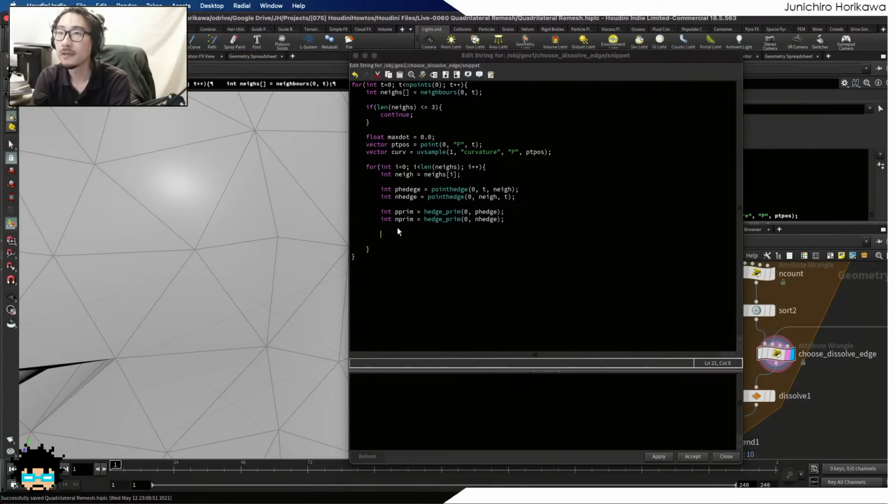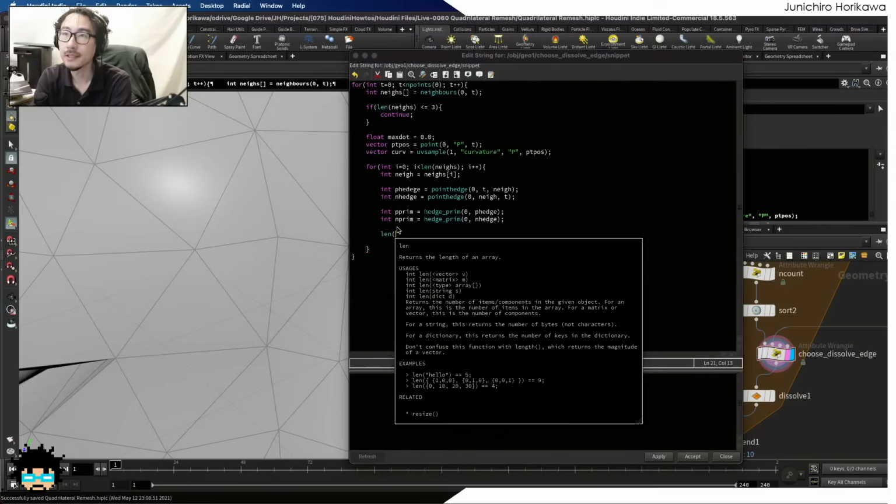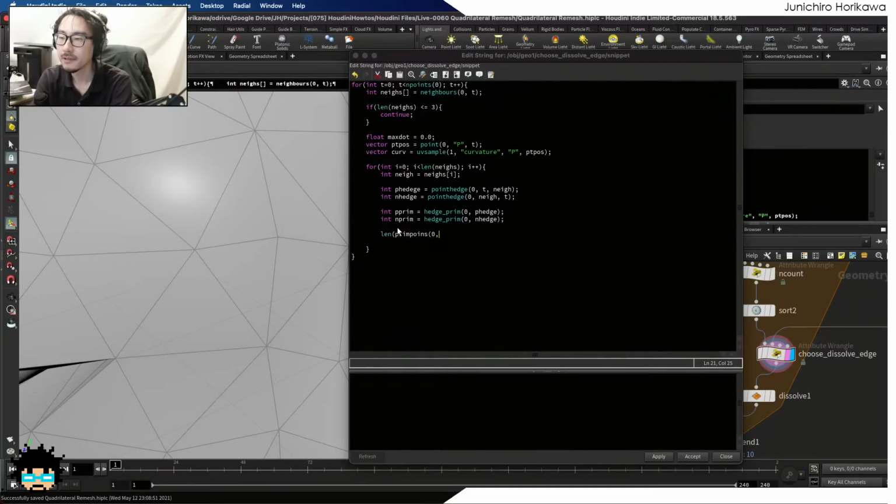So you want to calculate the length of prim points to retrieve the number of vertices it has for each primitive. So the length of prim points will give you the number of vertices for each primitive, in this case p prim, and if it's equal to 3,